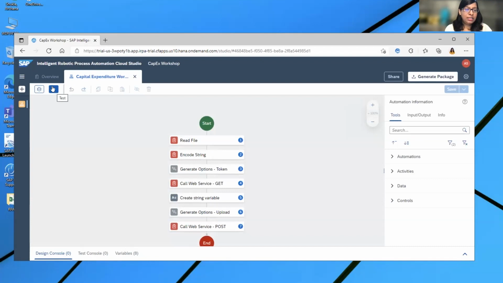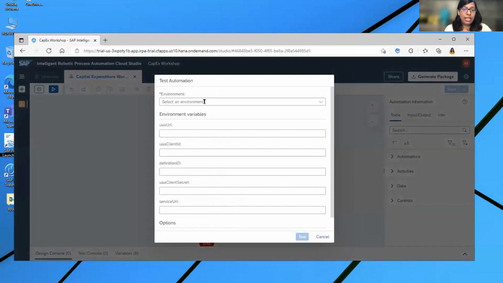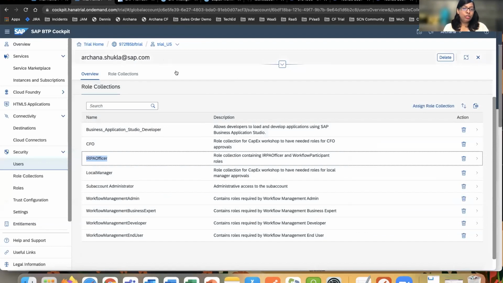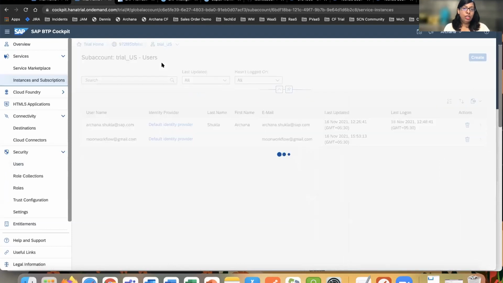So I will click this test button here, and it will take me to the test automation configuration, where I will just choose a test environment. And then these values are what you will fetch from the workflow service instance. So you will basically go to, I mean, you could also note it initially, but let me go into my sub account where the workflow instance is, and this workflow instance is the one which has the scope to start the workflow, which is workflow instance start. So I'll go to the instances, and then